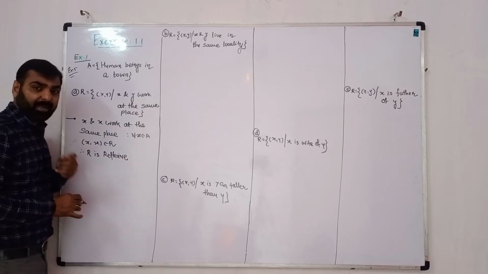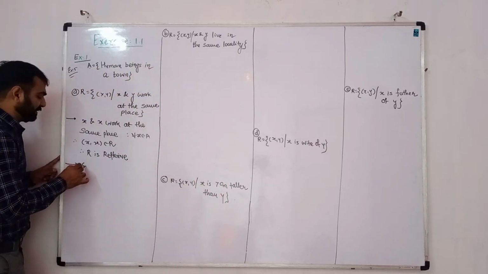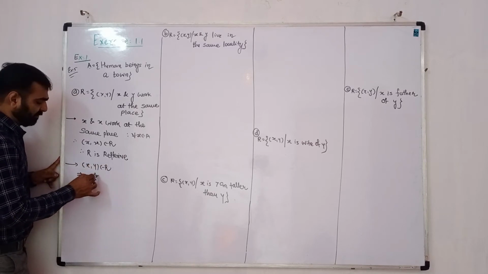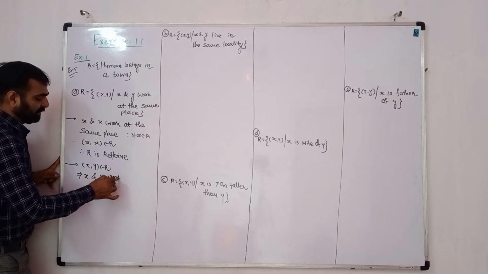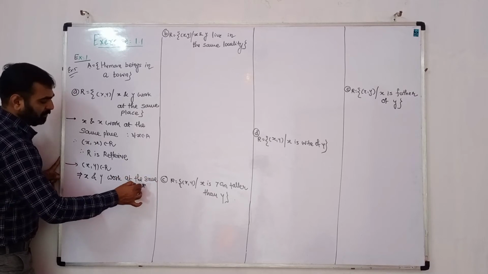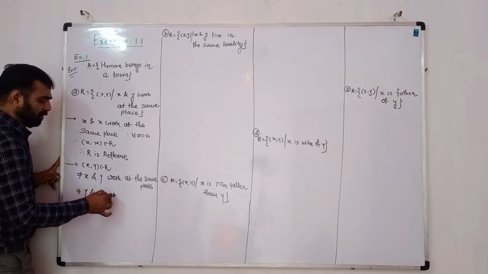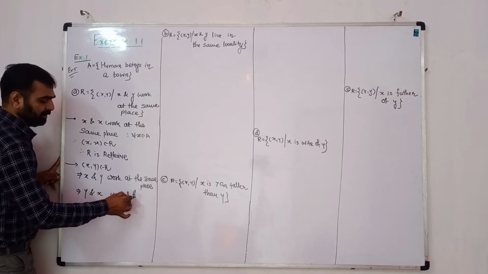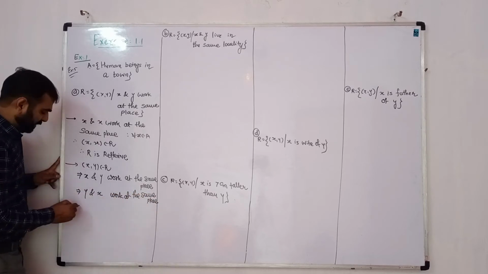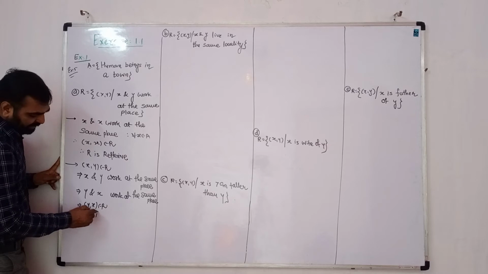Now symmetric के लिए क्या करना है? If xy belongs to R, then yx belongs to R. So we can say that xy belongs to R. उसका मतलब क्या है? xy belongs to R, that means x and y work at the same place. So that implies whatever y and x also work at the same place. उसका मतलब yx also belongs to R. That means we can say that R is